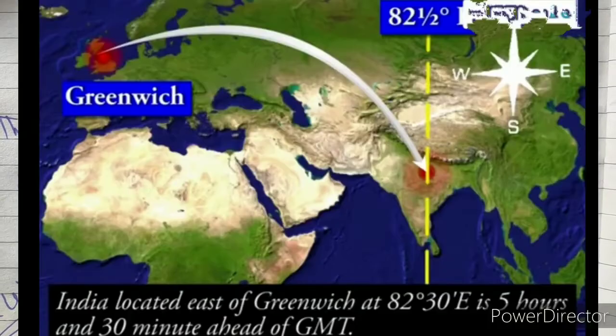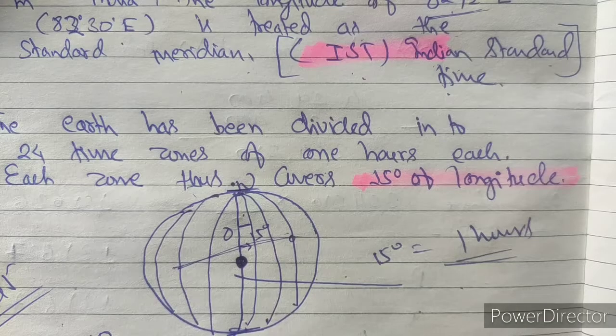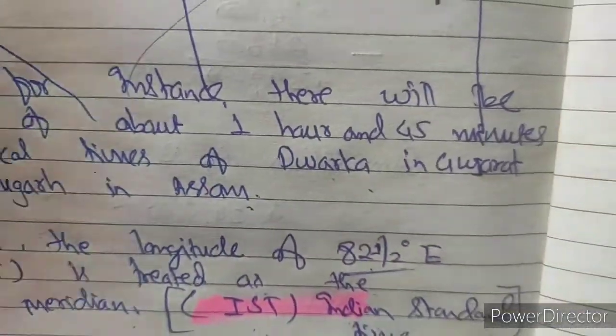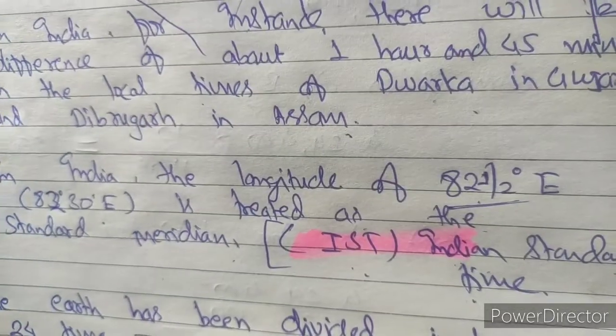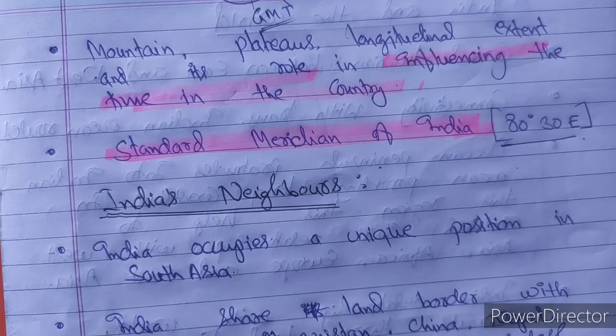Now there is one image on your screen which is based on the world's time zones. When we see the difference from Greenwich time to India, there is a difference of 5 hours and 30 minutes. So this is the difference. If it is 2 p.m. in Greenwich time. Okay, I hope by this you have a very clear idea of how the time within India